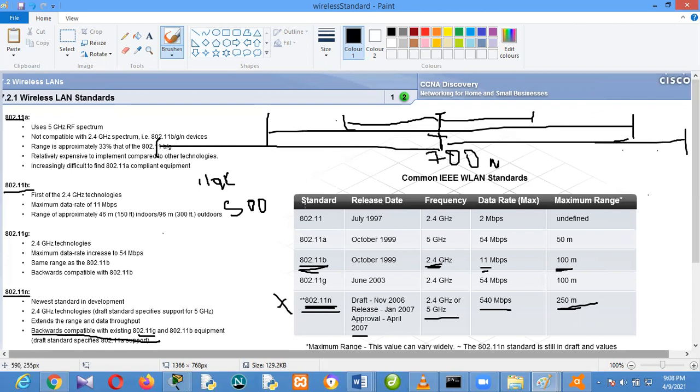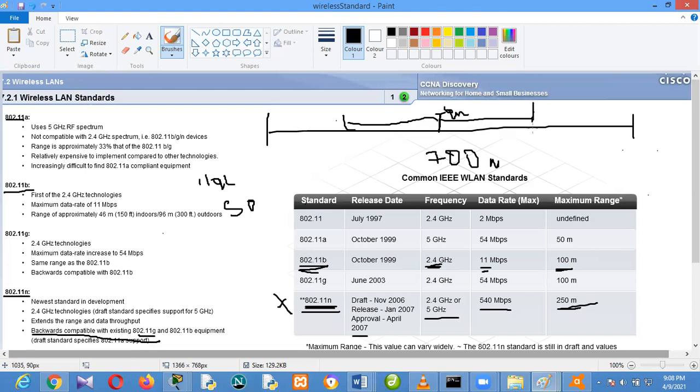Now, if I decide to continue with N, that means where I think this signal stops, I need to put another AP that will extend it. You understand? An AP will function almost like a repeater. It will trap this signal and extend it, and extend it. So there's a possibility that if I'm installing my AP in this kind of place, I might need like 3 APs of